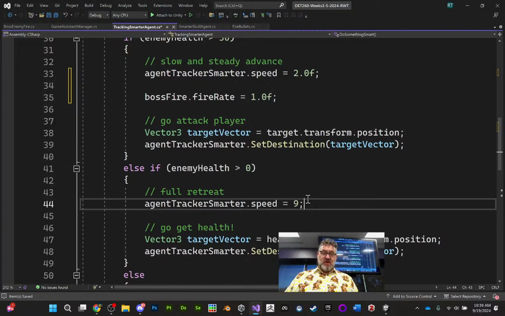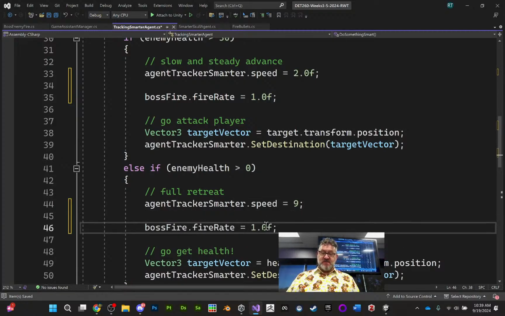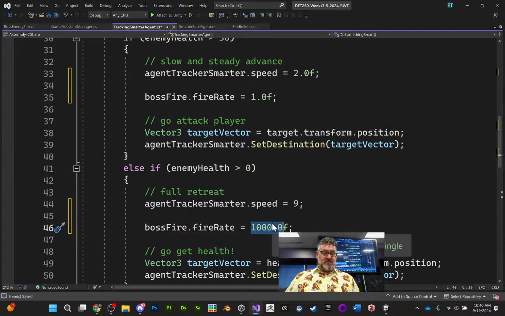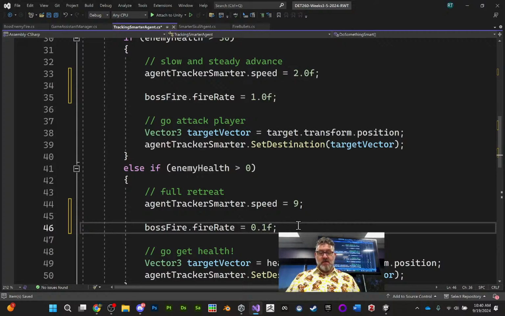And then we can go one way or the other here, right? So we can say if he's going for health, then he can only fire every 100 seconds. He's not even firing, basically. Crank that way up, or pull it down even. To Micah's suggestion, then once he starts going for it, and it starts the thing and it sets the timer,